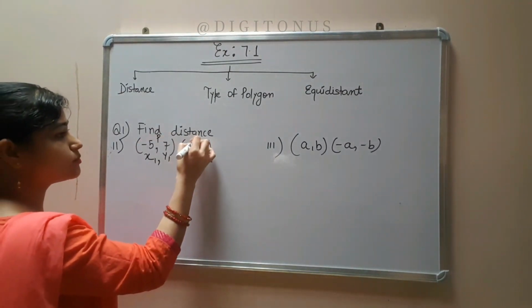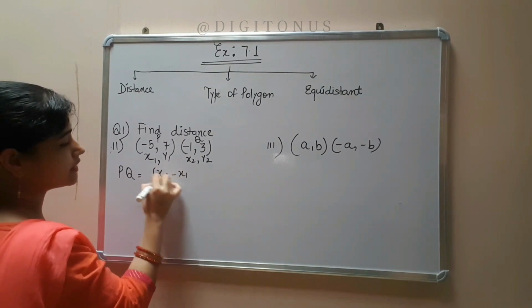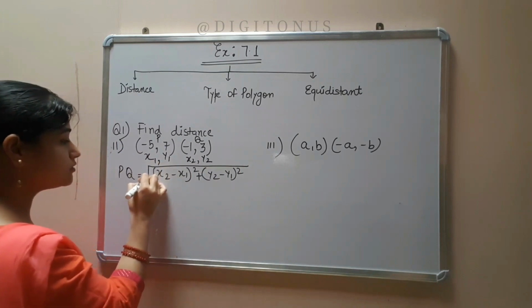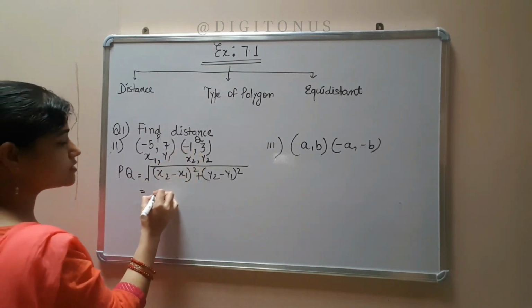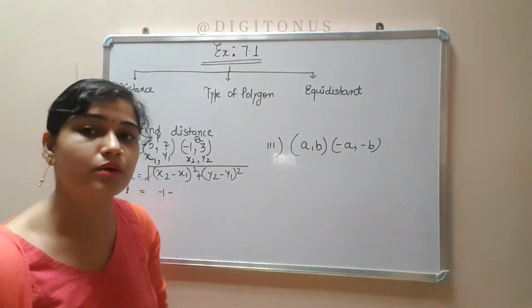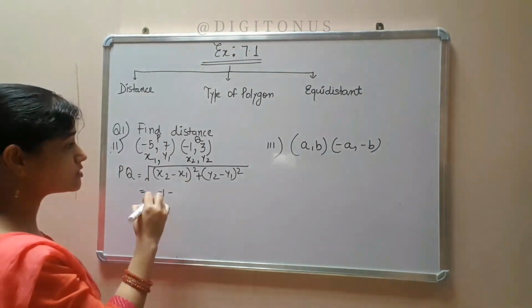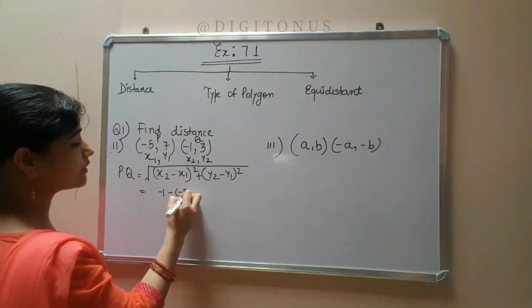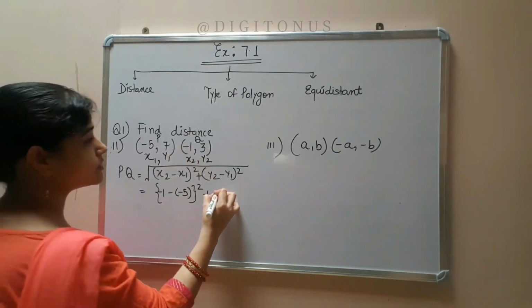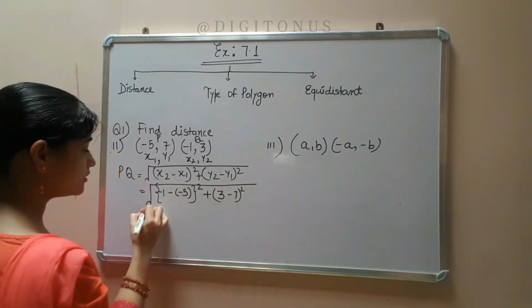I am giving the names also. This is point P, this is point Q, so we will write PQ. And the formula is square root of (x2 minus x1) whole square plus (y2 minus y1) whole square. Now you put the values. The x2 value is minus 1, minus x1 value is also negative. Students, be careful about the plus minus sign, okay? If you have two negative signs, then use a small bracket. Then whole square, plus the y2 value is 3 and the y1 value is 7. So (3 minus 7) whole square, then under root, okay?